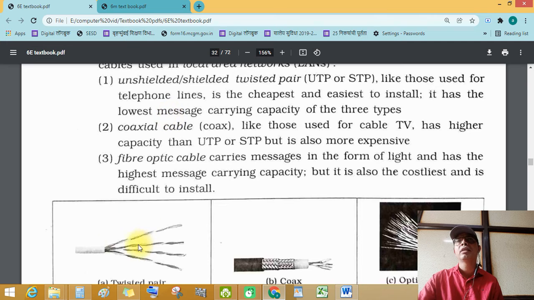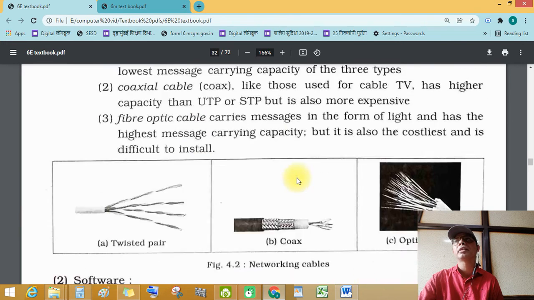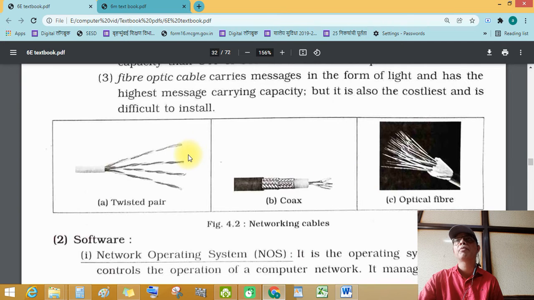Lower capacity twisted pair, higher capacity coaxial cable. Then fiber optic cable carries messages in the form of light and has the highest message carrying capacity.